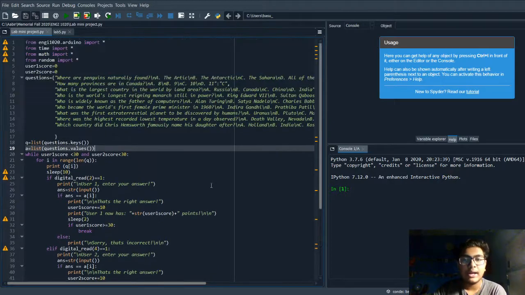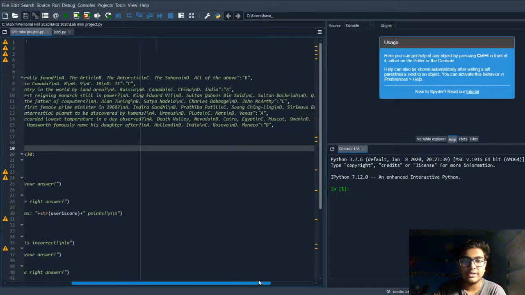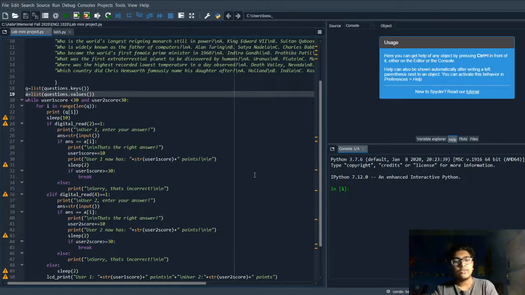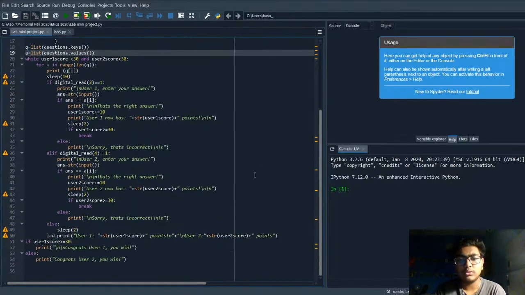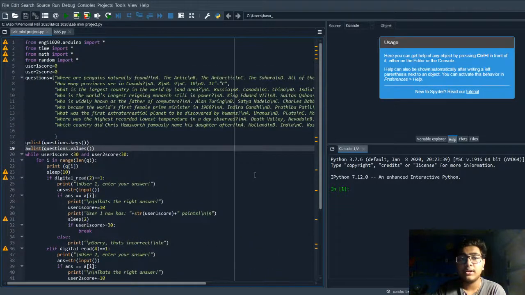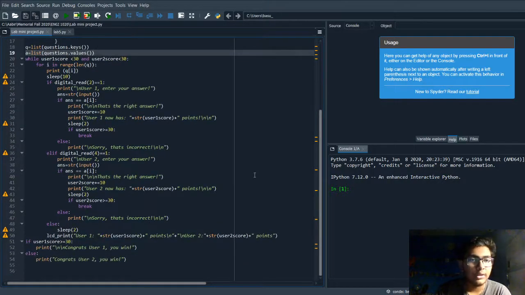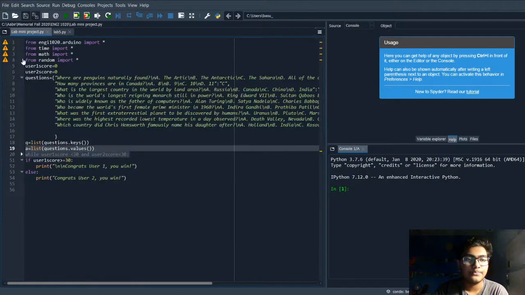And the reason for MCQ questions is obviously to make the code more robust, because open-ended questions would easily lead to the user entering something that might be right but might not be interpreted as right by the computer. So anyway, after that, I've iterated over this piece of code